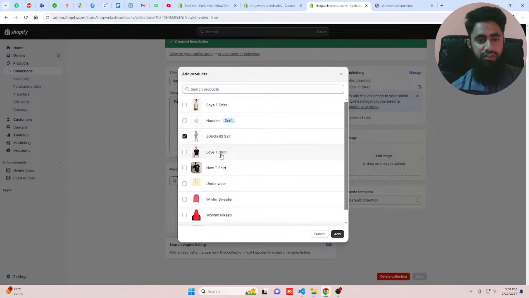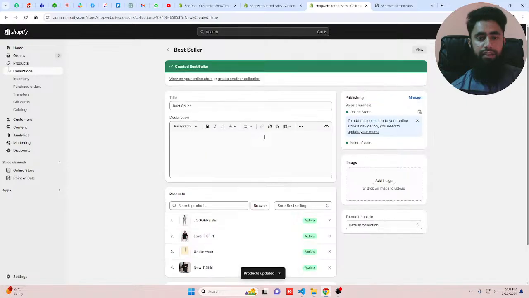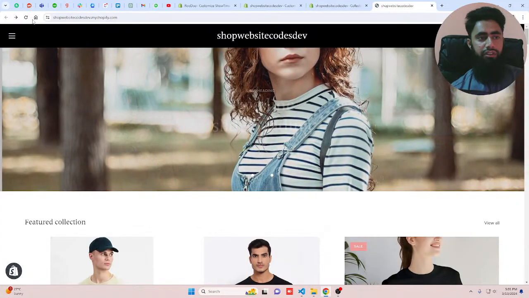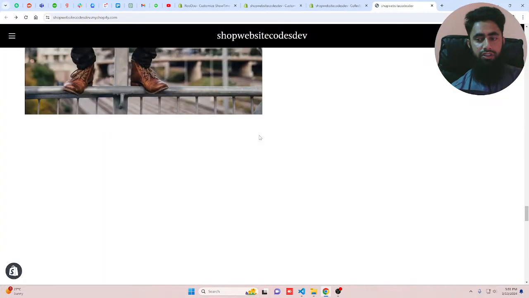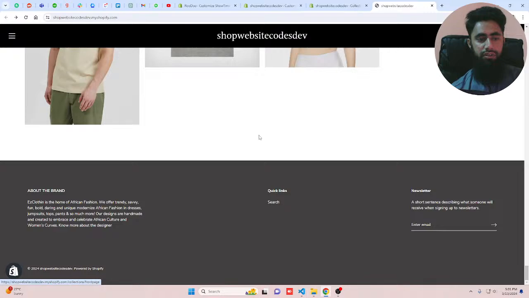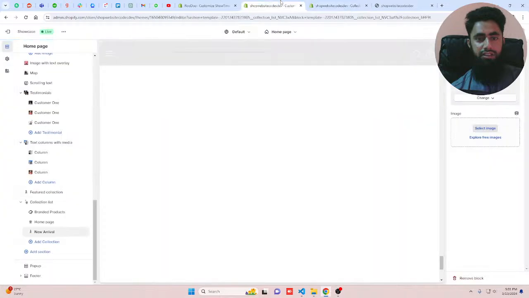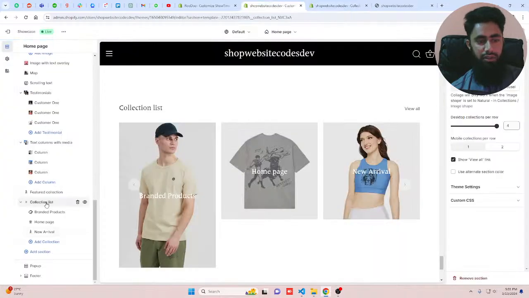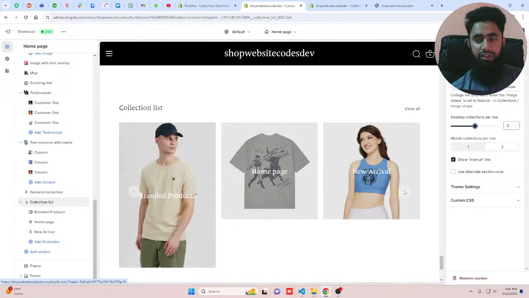So for example, these are the products, and then let me refresh it, scroll to the bottom, and here we have 3 collections displaying. So let me click on collection list, and you should choose, for example, 3 collections, and automatically